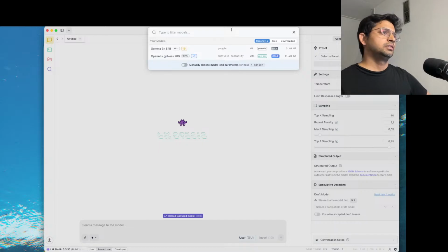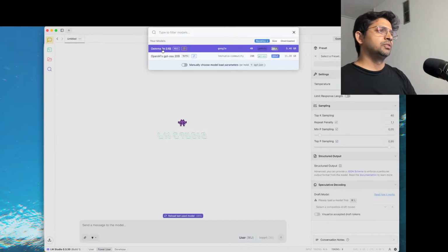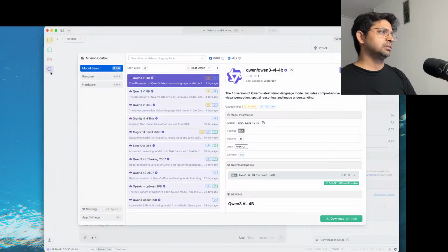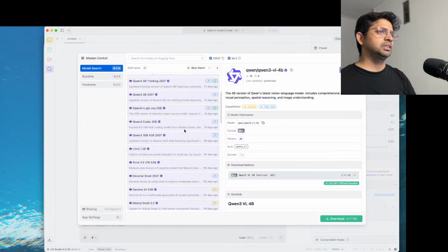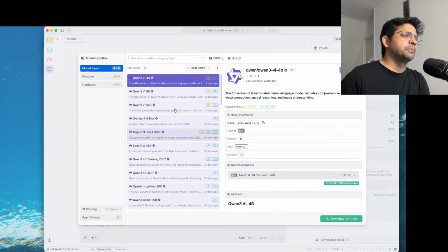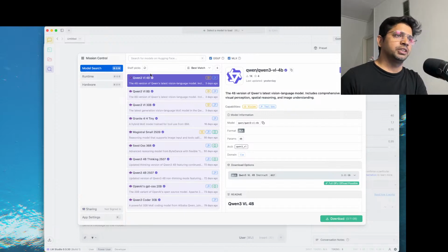So one is the user interface and another is the model. We need to get a model. I have downloaded two models here. And how did I download them? At the bottom left side there's a search bar for model search, and you see all the prominent models here. From there, whatever you like, you can choose and download, for instance Qwen from